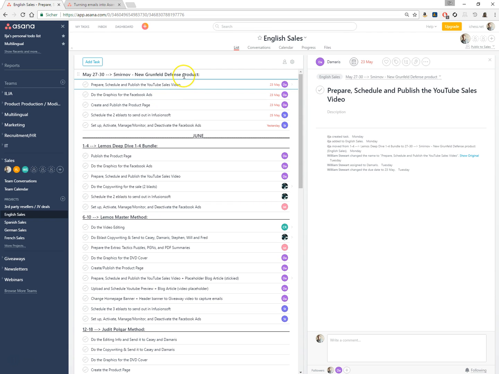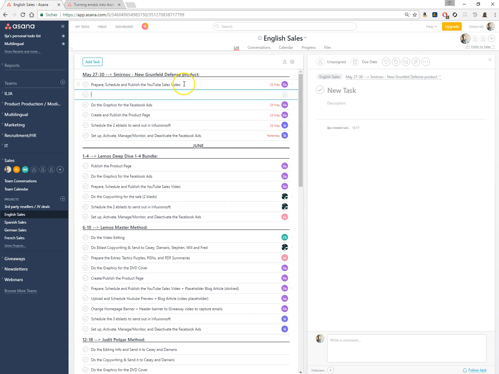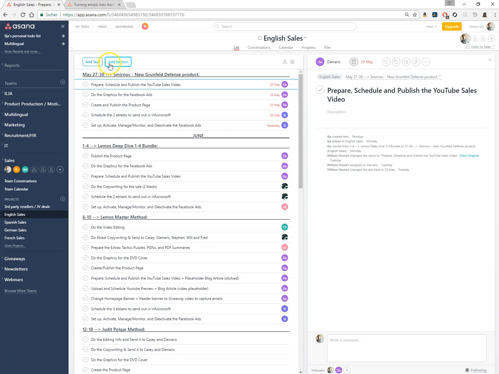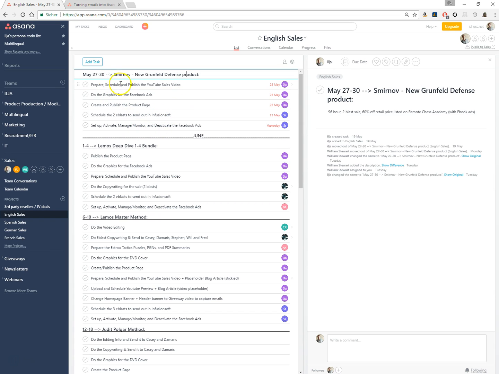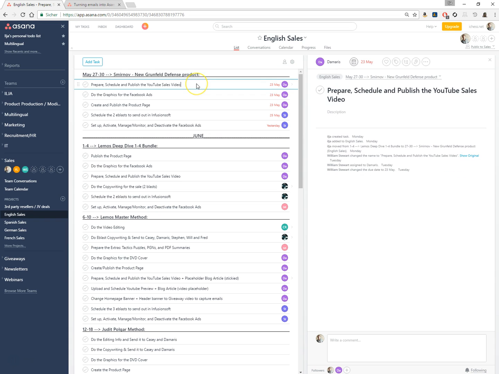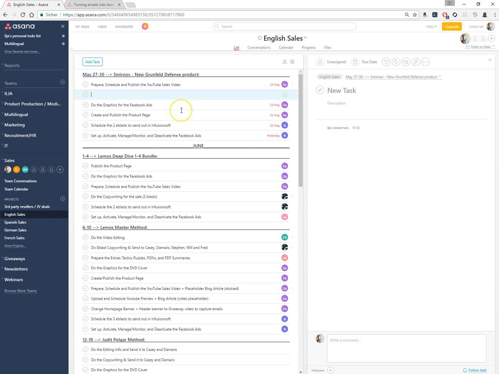So as you can see, there's the, let me start that differently. You can add tasks here by clicking the button, also just by hitting enter in any field, then a new task will appear. And you can also add sections. See, if you hover with the mouse over here, you can add a section. And these are the sections, like everything that is printed bold. And you can also add a section by just hitting the enter button, then filling in something like this, and then if it ends with the